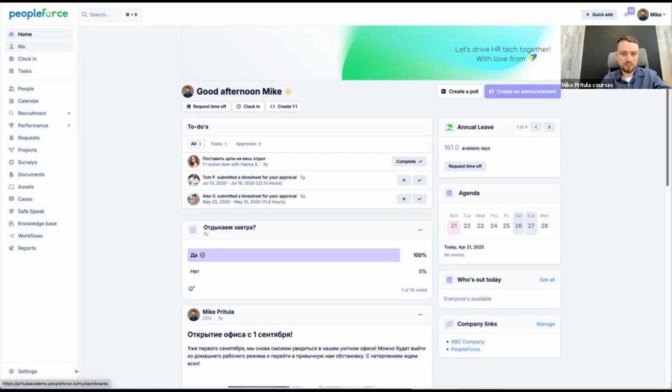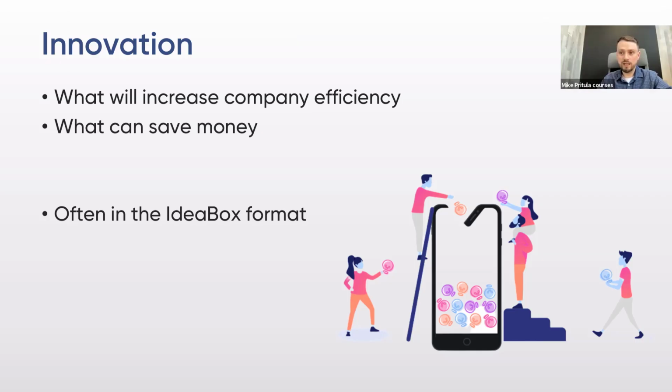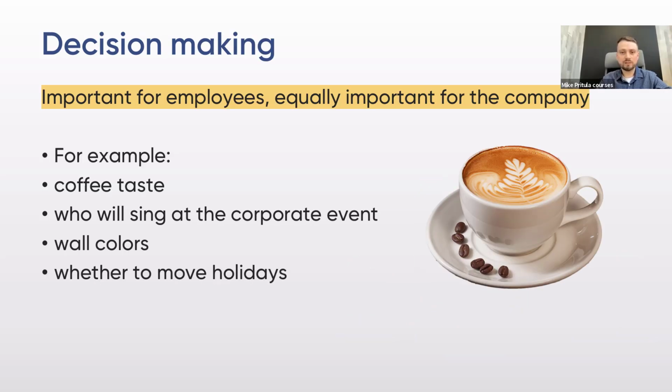For example, we're talking about surveys, but the formats can be different. Let me give you an example, coffee taste. Once, when I worked at Prapley, there were IT professionals working there. They complained that the coffee in the kitchen wasn't good. They came and said, listen, Mike, you understand, for us, coffee is a very important part of our work. And in a good IT company, there's very good coffee. But we have some of the cheapest. Can you do something about it?